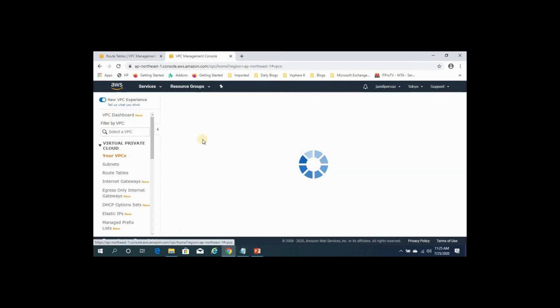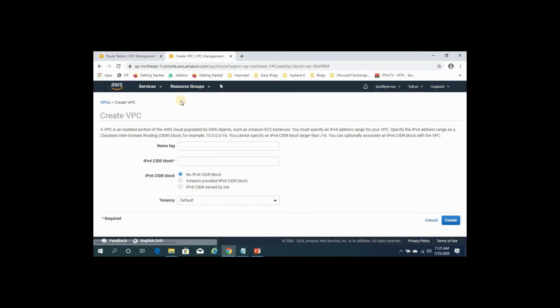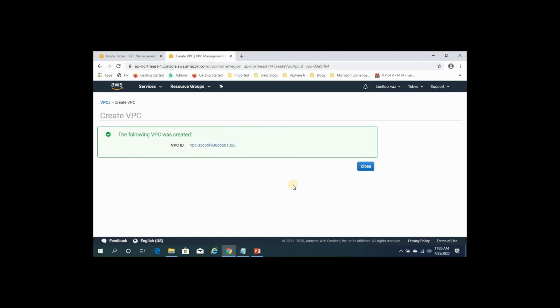Select VPCs, click create VPC. I'm going to create a VPC in Tokyo, so I'm giving the name Tokyo VPC. For IP version 4, I'm selecting this 10 range, 10.0.0.0/16. Other things leave as default. Click create, click close.